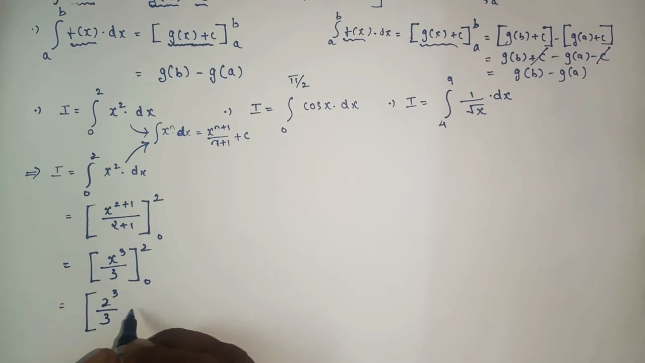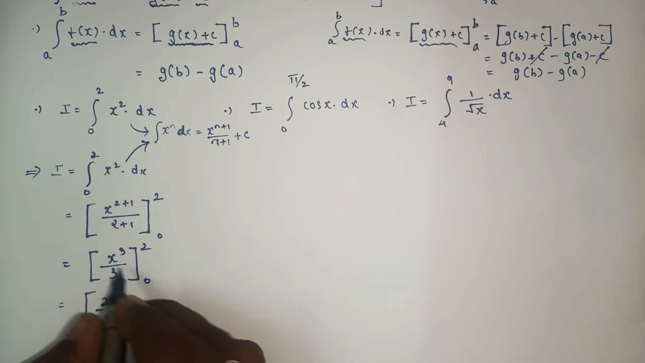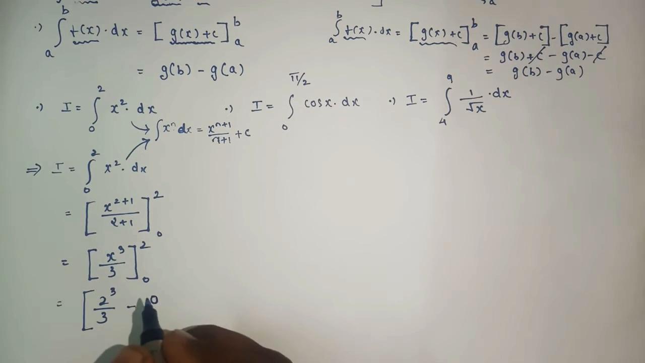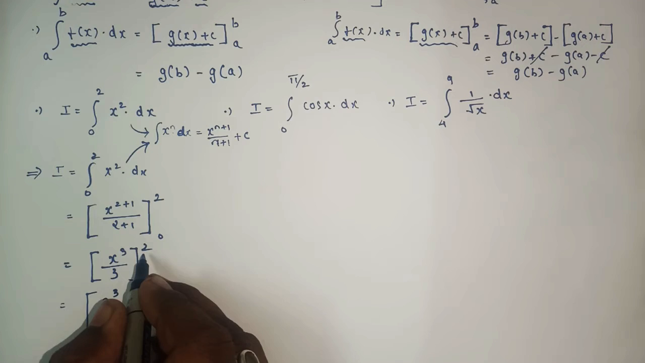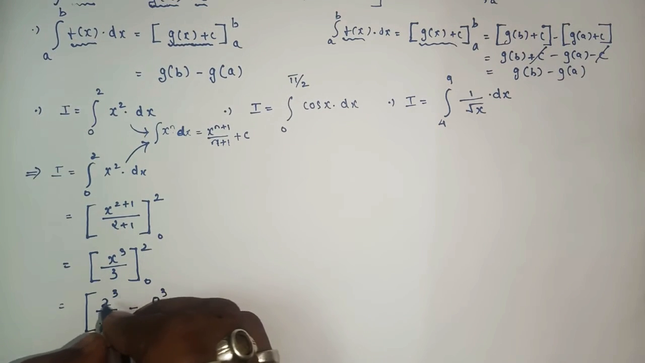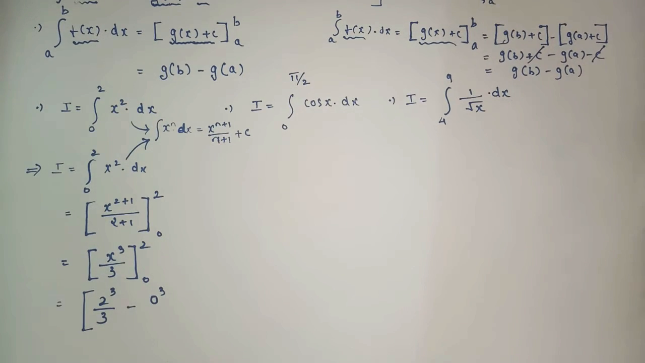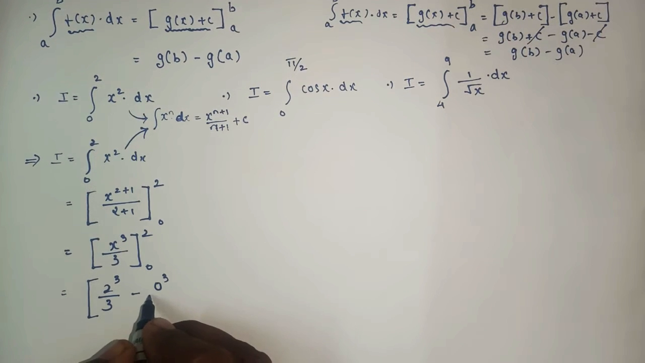This 3 will be the same as it is, then you will write minus, and after that you have to replace the value of x by 0. What does this 0 indicate? It is the lower limit and this is the upper limit. So first you have to put the upper limit and then the lower limit. Okay,